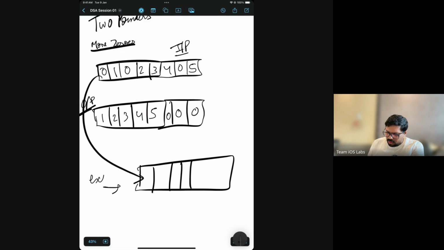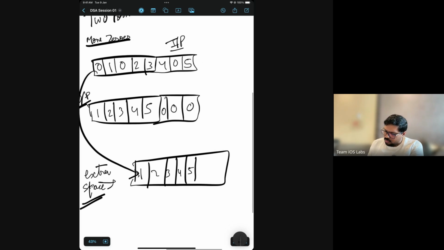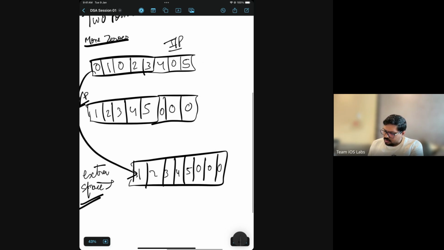You can see you are taking one extra space basically. In this manner, you first copy all the non-zero elements, and then you copy the zero elements at the end. So you can do it that way, but it will take more extra space, and this will also need two traversals. First you go through all non-zero, then the zeros, and accordingly you fill the new array.